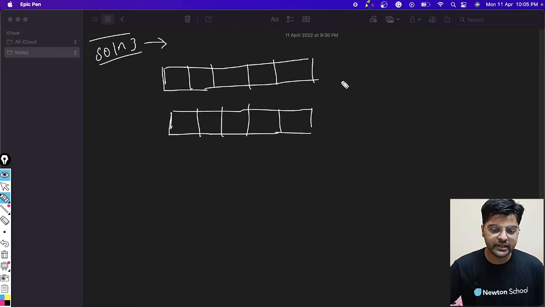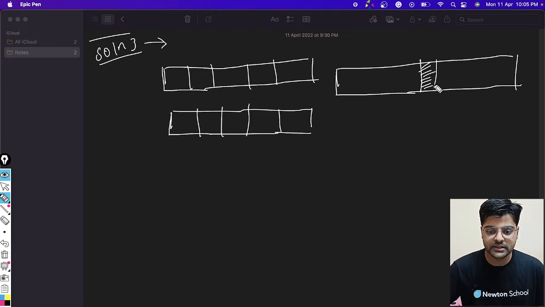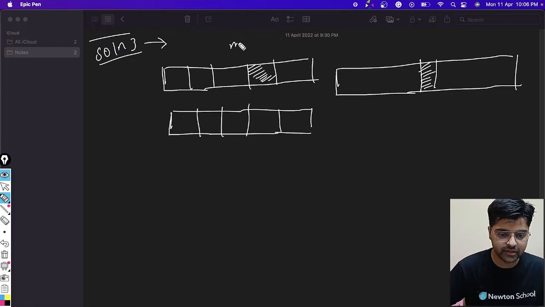So we merged the arrays and find the middlemost element. Let's consider this is the middlemost element, and it comes from here. So let's consider this is the median.